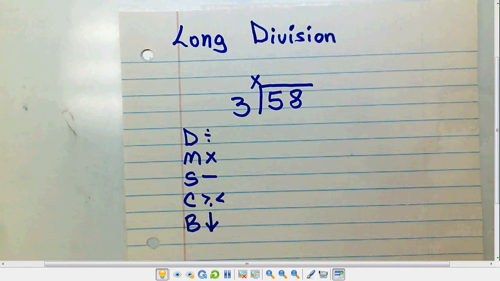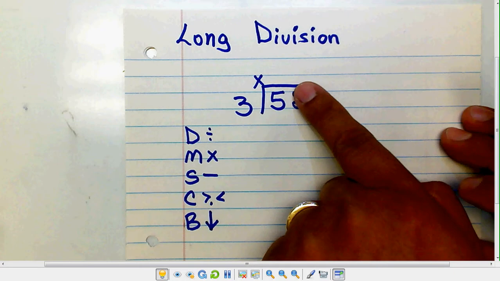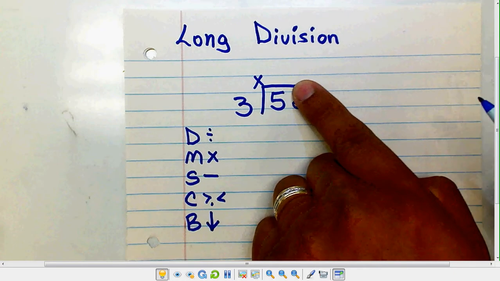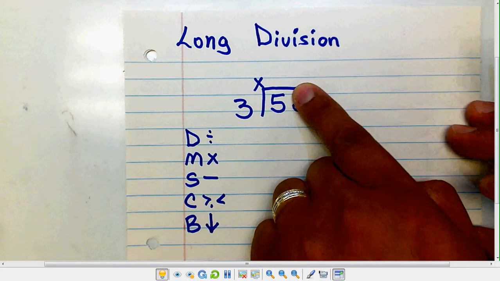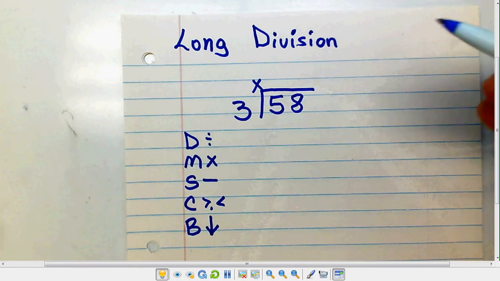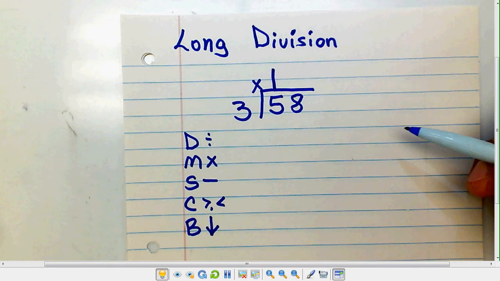We have 58 divided by 3. Now you can make this a simpler problem. You could not worry about the 8 at this point. Let's just worry about the 5. So we have 5 divided by 3. So you can ask yourself, how many groups of 3 can I make if I have 5 marbles? And that would be, you can only make one group. If you have 5 marbles and you're making equal groups of 3, you can make one group, which means